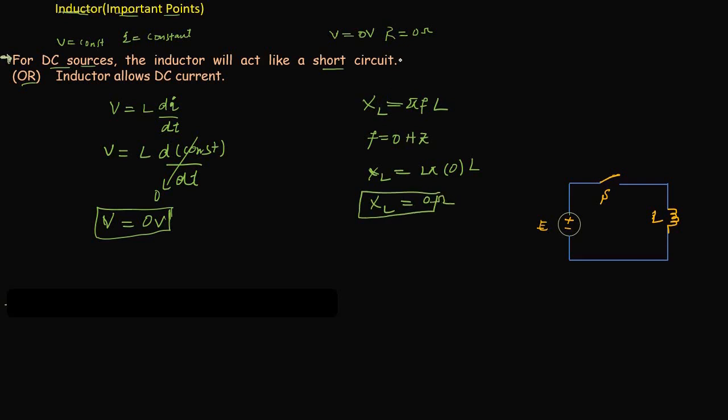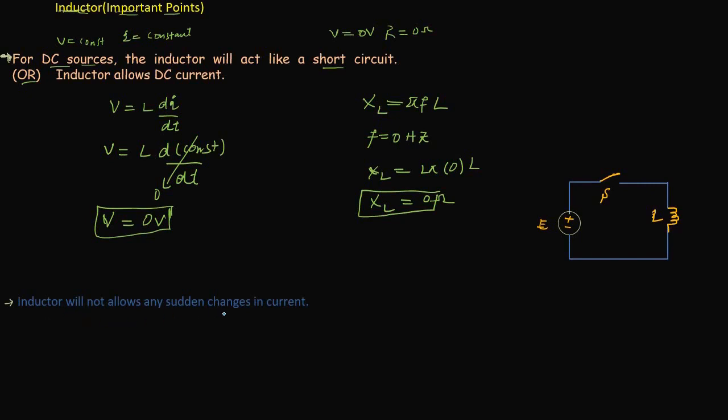So it is also the property of a short circuit. It satisfies the property of a short circuit, that the impedance or the internal resistance of this inductor is equal to 0 ohm, and the voltage across the inductor is also equal to 0 volts. So it means that the inductor will act like a short circuit for DC sources. We will be discussing this XL term in more detail in the RL transient phase of an inductor. Now moving towards the second point, which states that